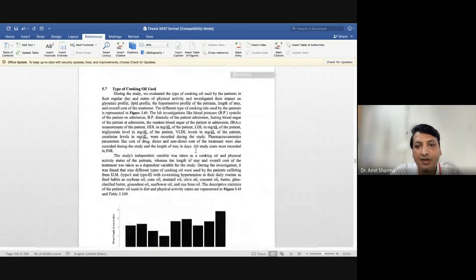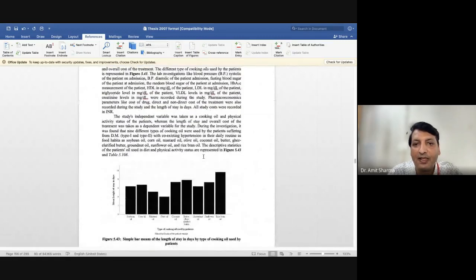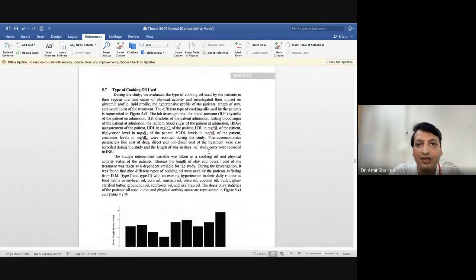Yes, from here I have written, page number 134. Around 12 pages are there for writing the results of one model. So what the model means, the example which I have shown you in